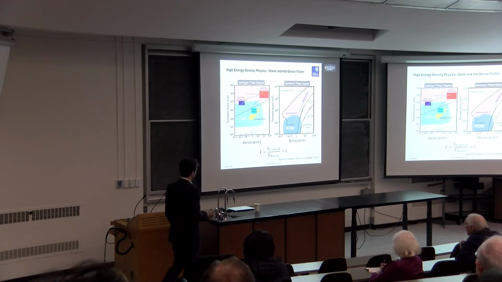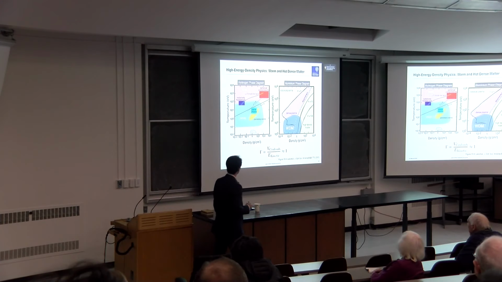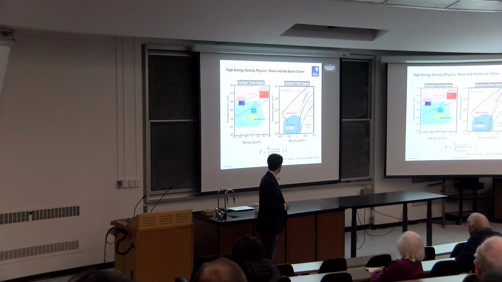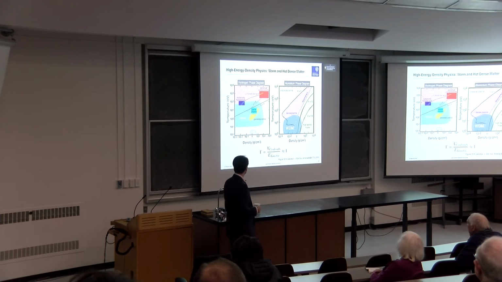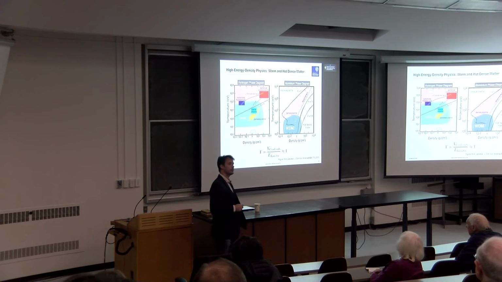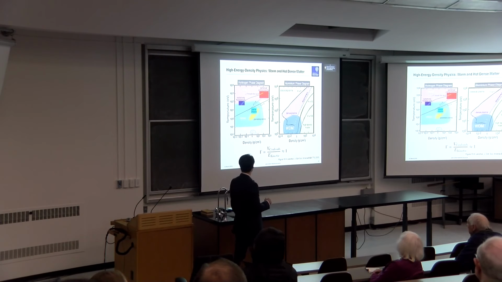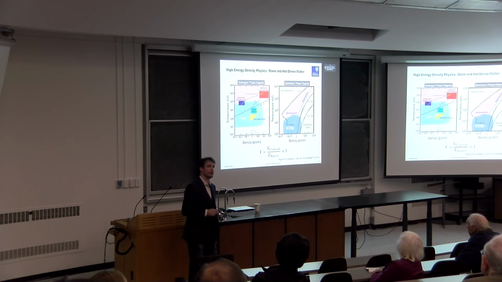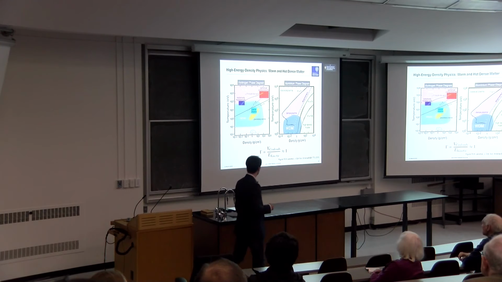So when I talk about extreme states of matter, these are just a little bit of terminology in high energy density physics. I'll go through this very, very quickly. But there are two sort of things that we care about, and they're under these not that useful names of warm and hot dense matter. But the idea is that these are systems that are dense and relatively hot. So this is temperature in eV, right? 1 electron volt temperature is around 10,000 degrees, just to give you a feel, 11,000, right?